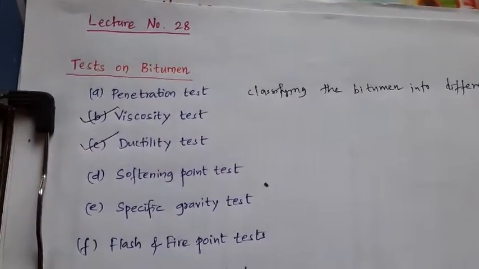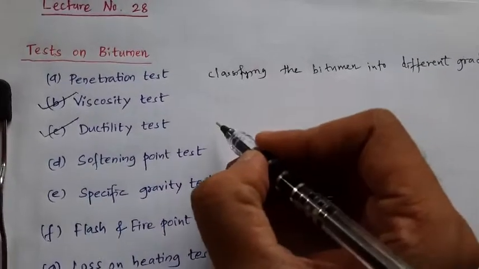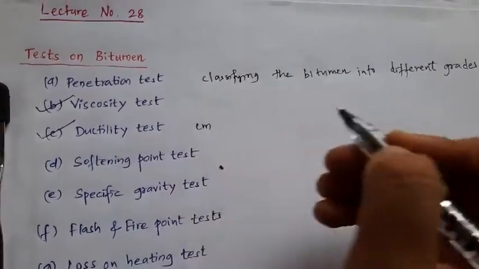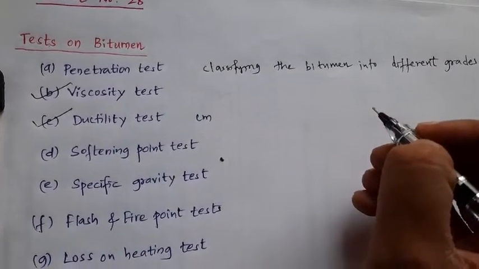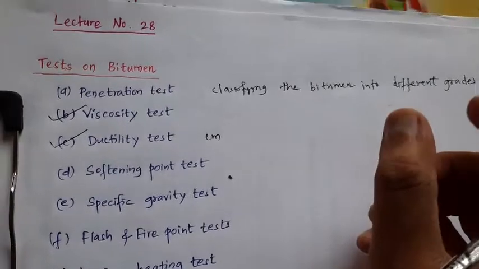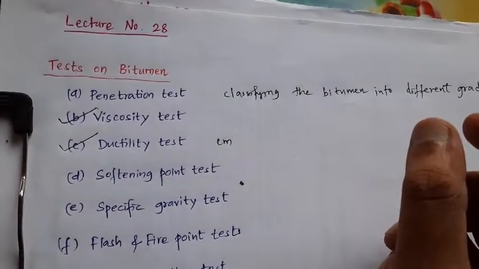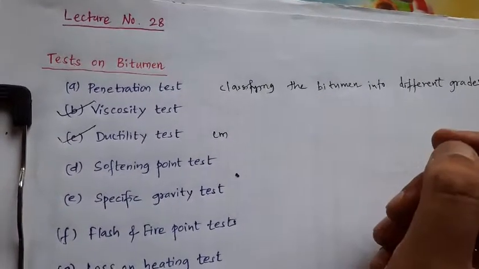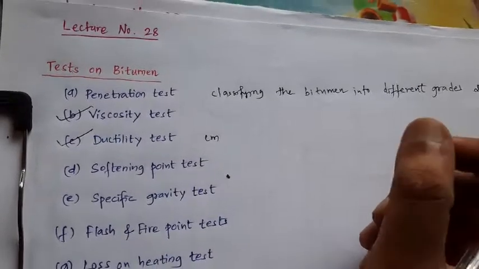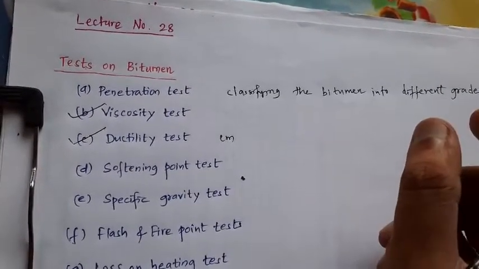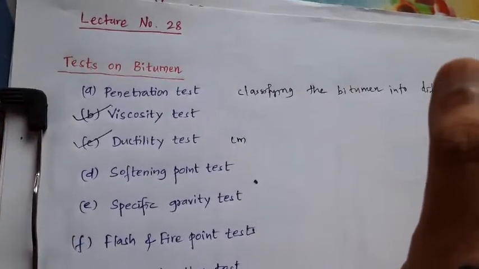Again, I take you directly to the image. The ductility test value is expressed in centimeters, to which a bitumen specimen of standard size can be stretched before the thread breaks. The standard test specimen has a minimum cross section of 10 by 10 mm. The test is conducted at 27 degrees Celsius with a rate of pull of 50 mm per minute, until the stretched specimen breaks. That is the end of your test.